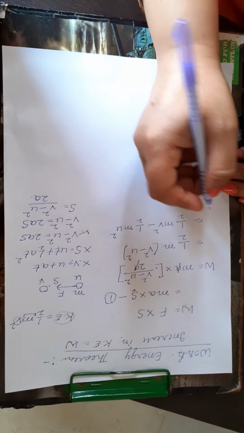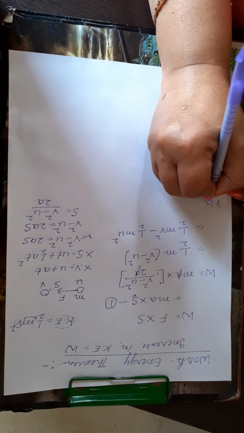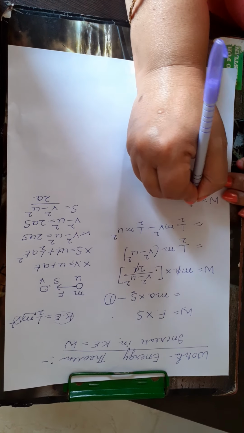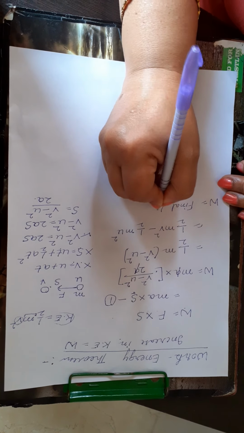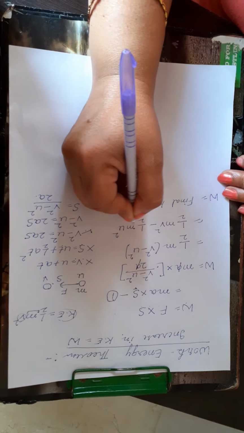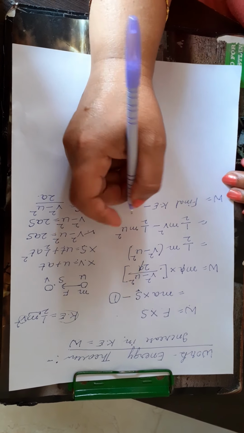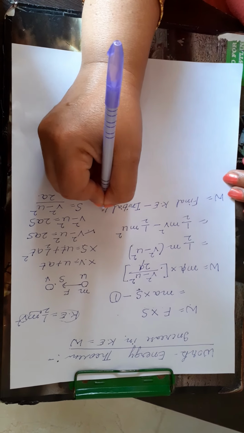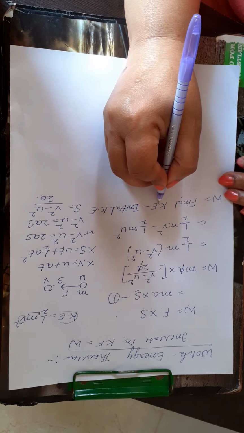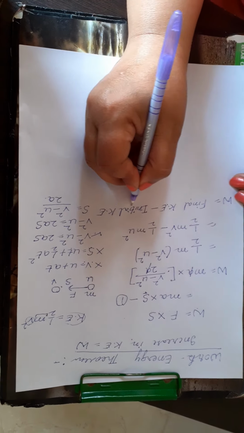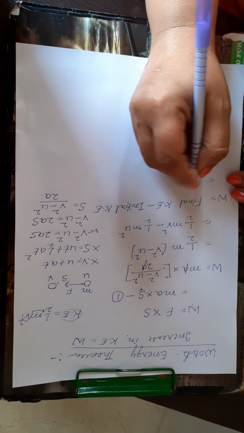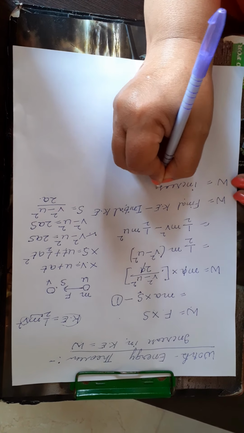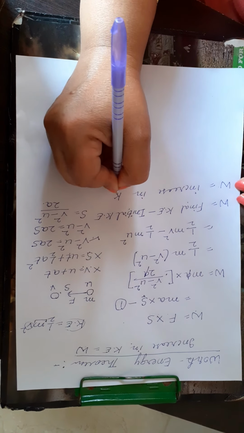It depends upon you. So W will be equal to, now what is half m v square? V was the final velocity, so this is the final kinetic energy, minus, what is half m u square? U was the initial velocity, so this is the initial kinetic energy. So the final kinetic energy is more than the initial kinetic energy. So we can say that W is equal to the increase in kinetic energy.